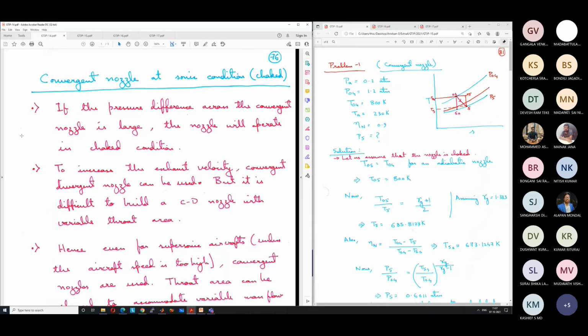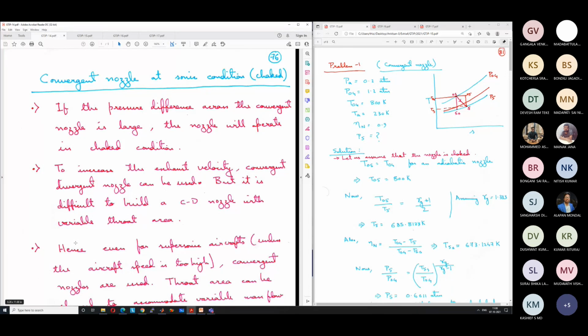And in the previous class we had seen what will happen if the nozzle operates at choked condition. So what is a choked condition? Choked condition means that the mass flow rate is maximum. The mass flow rate cannot be increased beyond that value, and it happens at the lowest cross sectional area, which is known as the throat. So for a convergent nozzle it is the end portion of the nozzle. At that point, the velocity becomes equal to the sonic velocity. So when this happens, the mass flow rate cannot be increased any further, and the nozzle is known as choked.